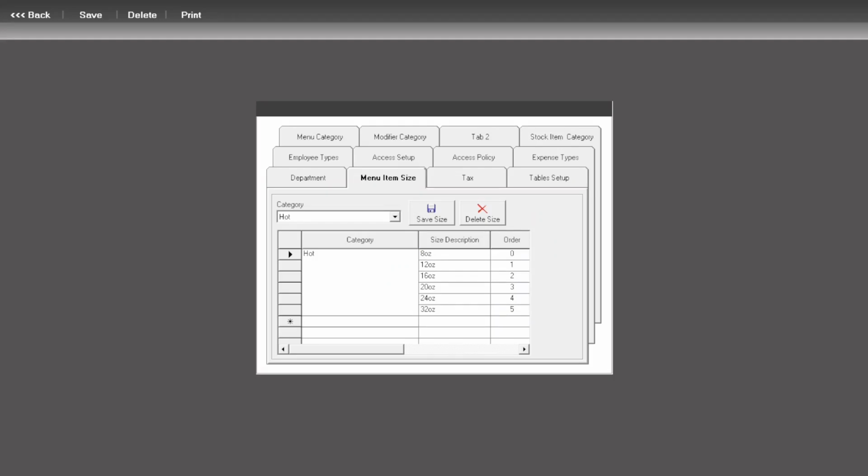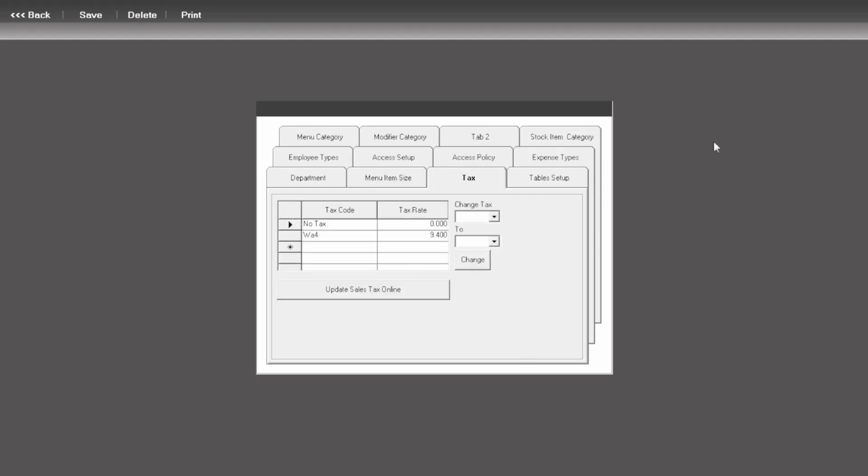Now we're going to create a new tax code, change some taxes, and delete some taxes. To do that, we're going to tap the Tax button. We're going to select the last empty row in the tax code column, enter the new tax code, enter the new tax rate, 9.8, tap a new row, tap Save,